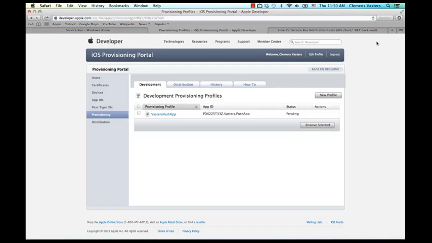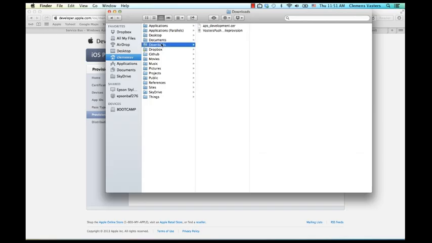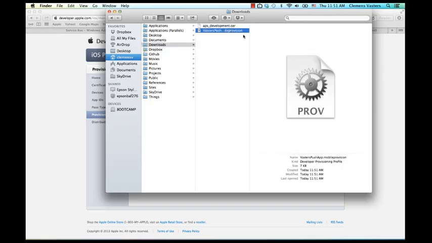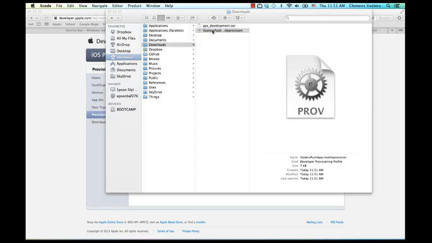Now that's pending. That's being issued, verified, and issued by the Apple server. I'm going to reload this page. Here it is. So that's now active. And I can go and download this to my download directory. Let's go in Finder to my downloads directory where I put this. And here is the mobile provisioning profile. And what I'm going to do is I'm going to now put this into Xcode. That's the first time we touch Xcode in this walkthrough. Xcode being the IDE for Objective-C provided by Apple. I'm going to double click this, and this will launch Xcode, and will actually get me into the